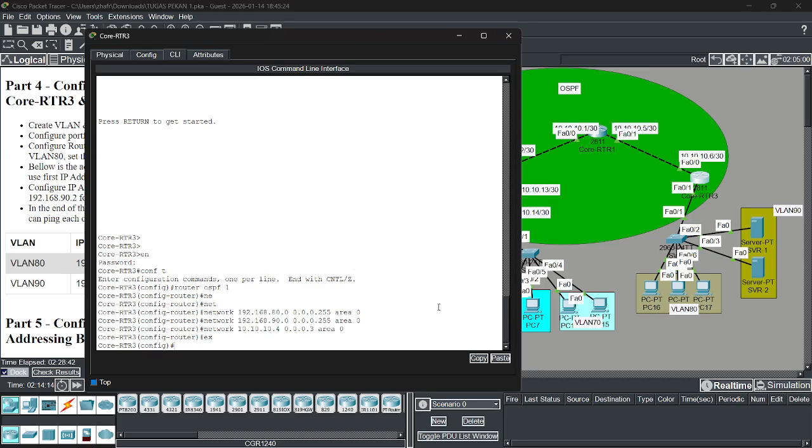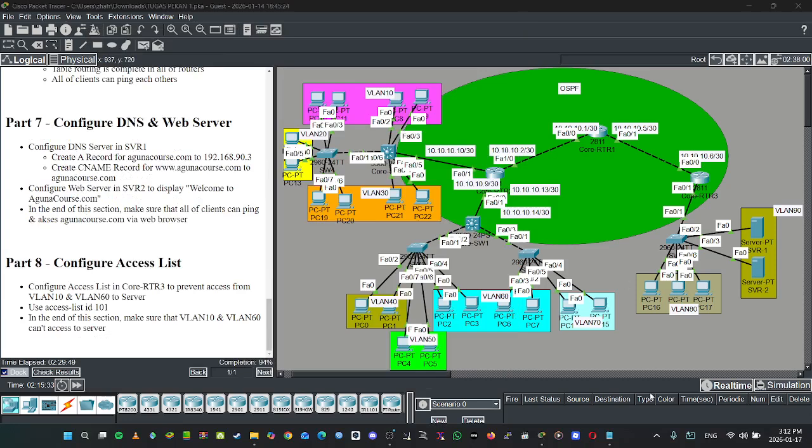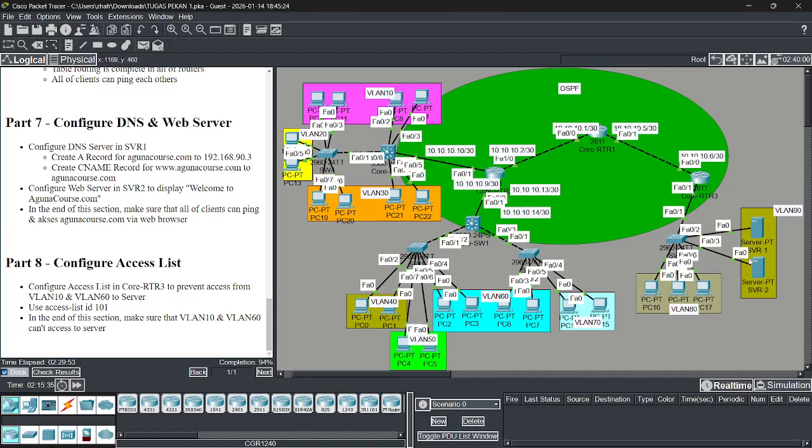Okay, after that we configure the server. Before we configure the server, we test the ping first. VLAN 10 to VLAN 20 successful, and then VLAN 30 to VLAN 20 successful. Yeah, successful.